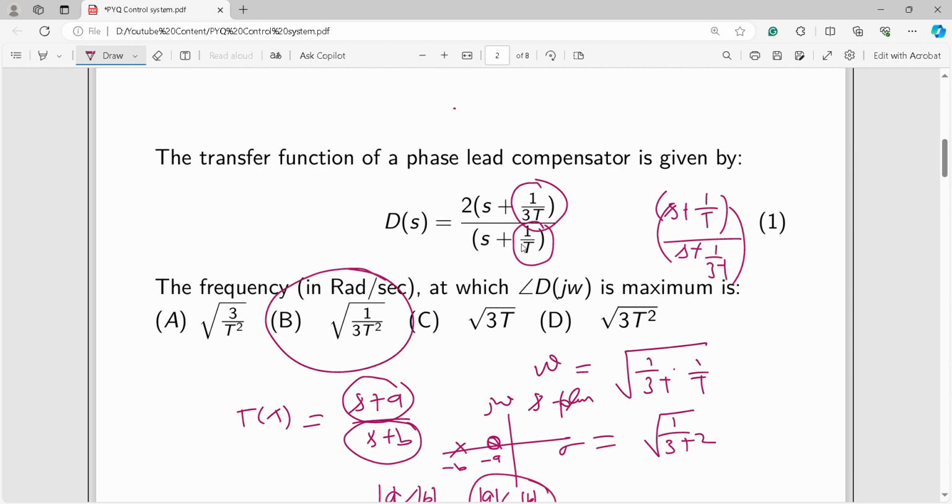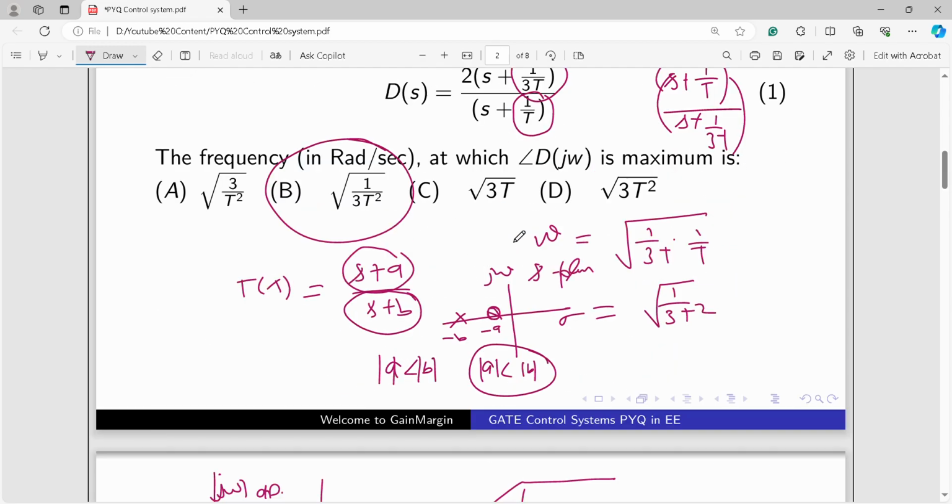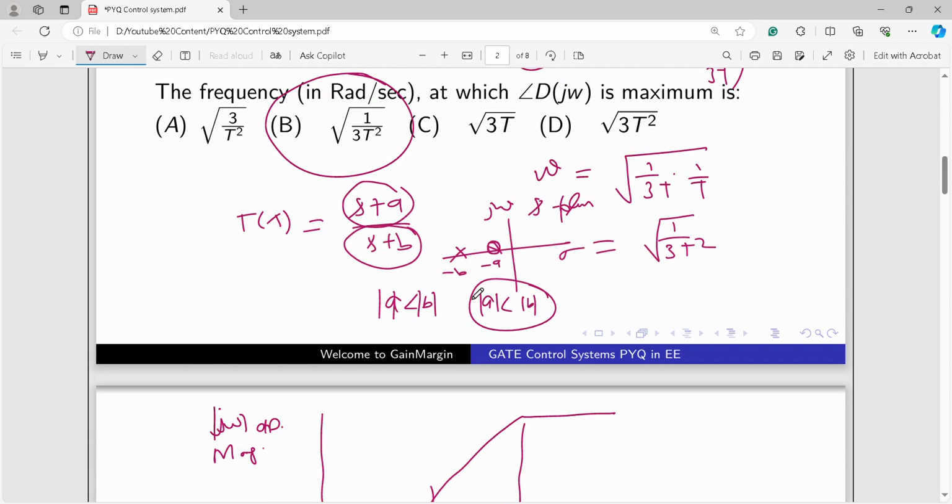Okay, but we will not go into more depth in this. We will discuss this in more detail in our coming videos. But here our main concept is that A and B should be on the left hand side. B should be on the left hand side, then only the system is stable. I mean the composite is stable, and zeros also should be on the left hand side because we don't want a